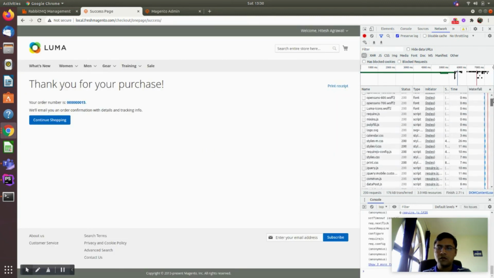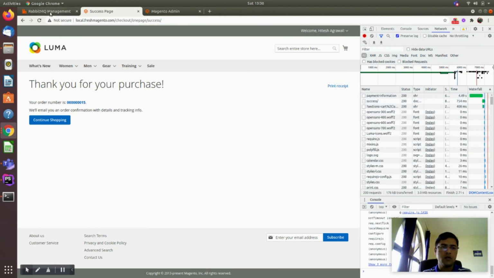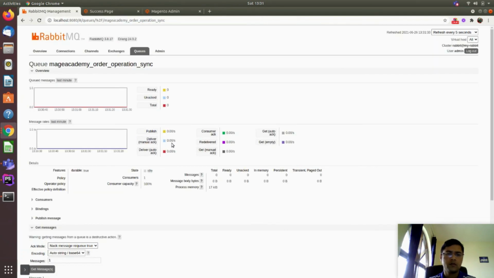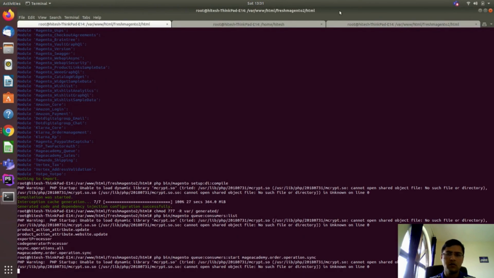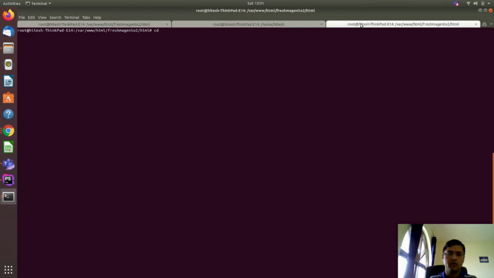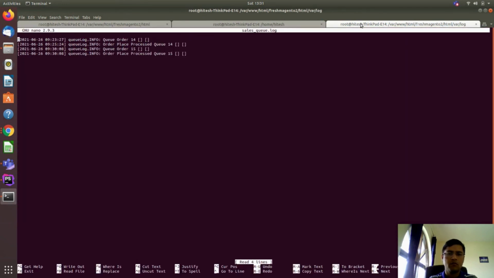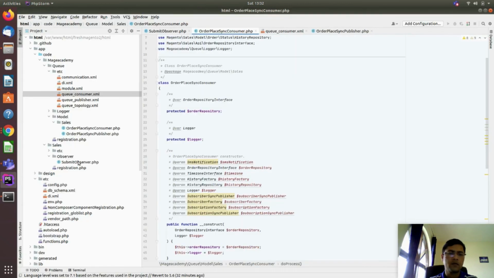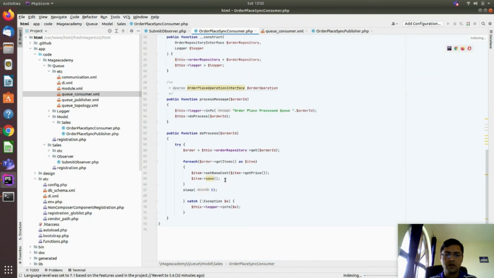It took less time now, and here you can see the queue is running. It's finished, done. So now we will check our log. You can see our queue has been processed for the order number 15 as well, and this process has been done.